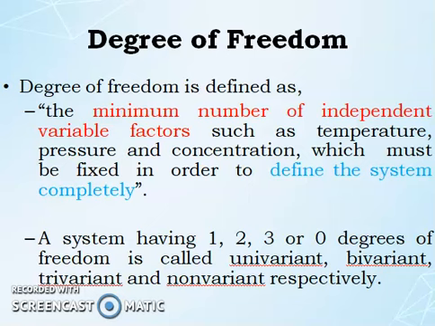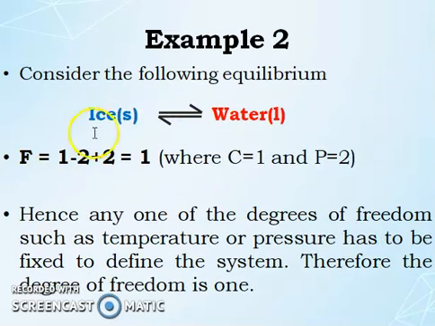You have to select in minimum to define the system completely. That is the point. In this particular case, if you substitute the C and P in the formula, it comes around 1. So you have to specify temperature or pressure to define whether it is present in the liquid form or ice solid form. So similarly in the example 3,